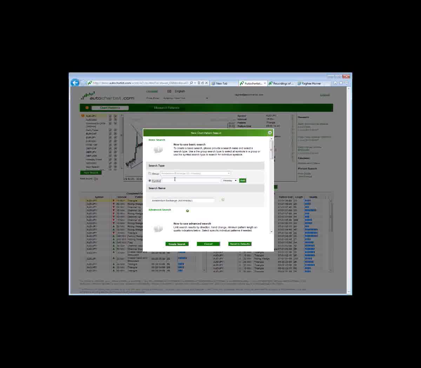Euro US dollar, US dollar Japanese yen, British pound US dollar, dollar Canada, Australian dollar US dollar, New Zealand dollar US dollar. Sometimes I will look at pairs like the Euro